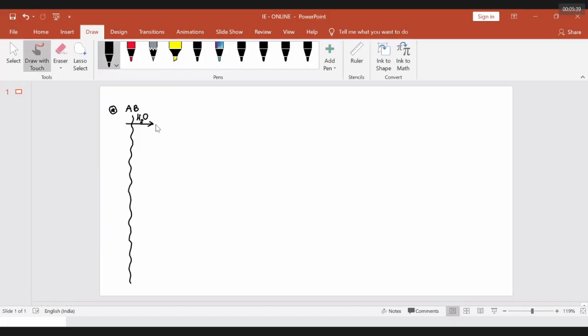Rule number one is that I am adding that substance, say water. Once you are adding the substance into water, the observation by rule number one, sir, AB